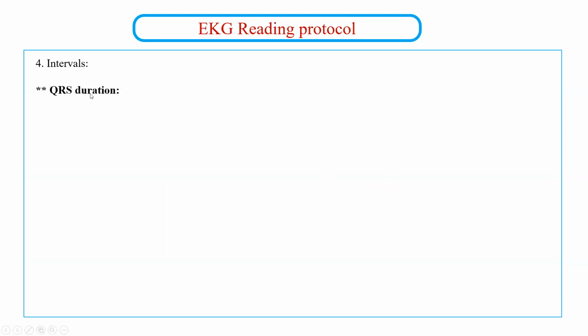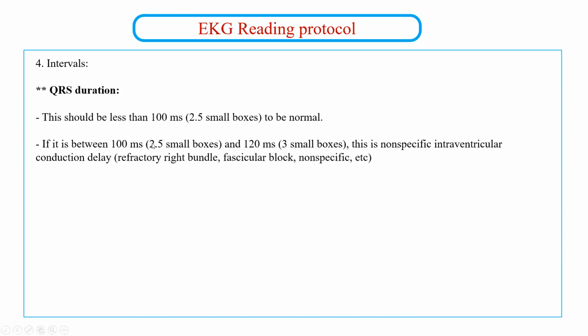The second interval is the QRS complex duration. Normally it should be less than 2.5 small squares. And you have to be precise here. You have to measure it exactly, from the beginning of the Q till the end of the S. This duration should be less than 2.5 small squares, and we can say this is a narrow complex, which is normal. Now, if the QRS duration is between 2.5 and 3 small squares,